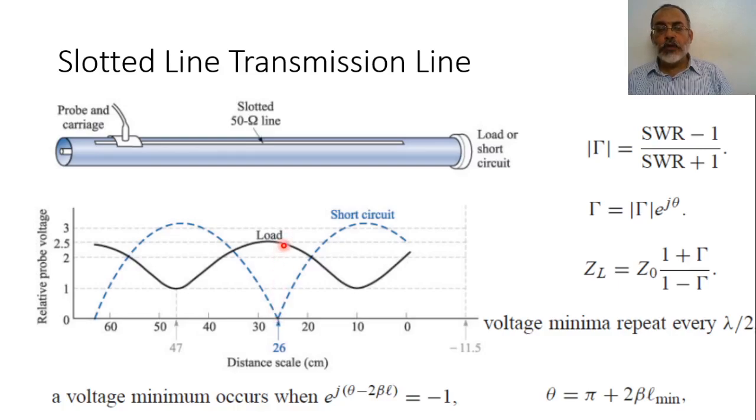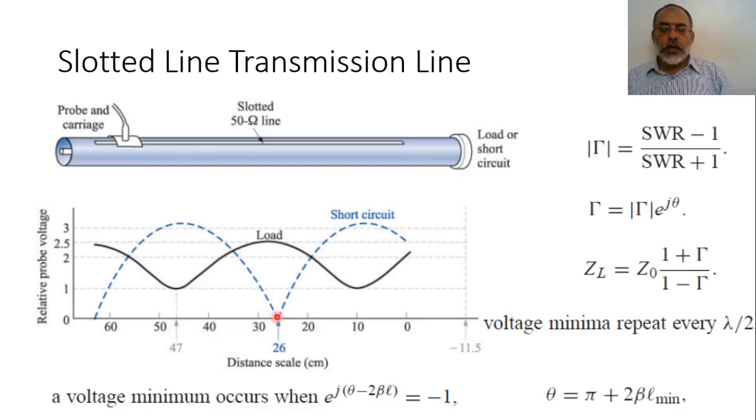This reference point does not coincide with the minimum. Effectively, the minimum for the load is shifted to another point. This shift between the minimum of the short circuit and the minimum of the load